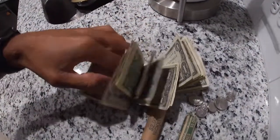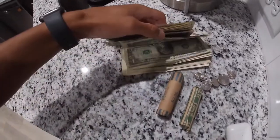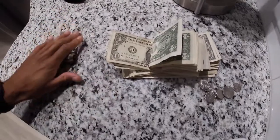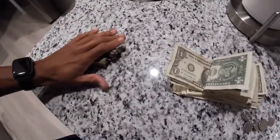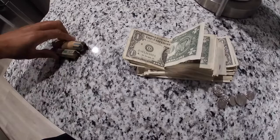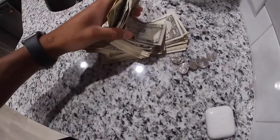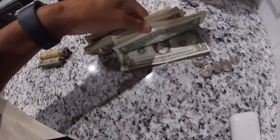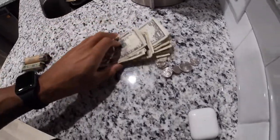So this isn't even a week's worth of collection. I need to go back and see how long this is, but this right here is the funds from the cash box, minus this. That's extra stuff that I thought I needed today to fill my coin exchange or coin mech, but did not need. So I got a few fives in there and a bunch of singles. I believe this came up to about $51 in sales, and then